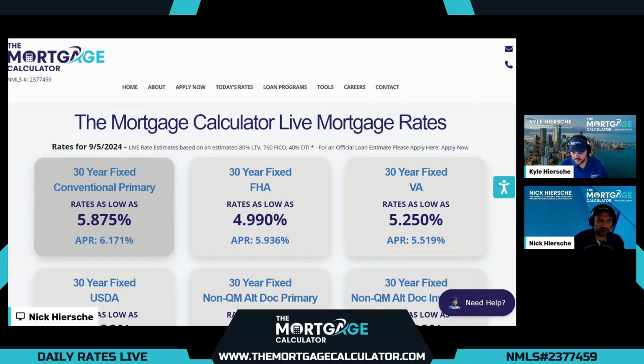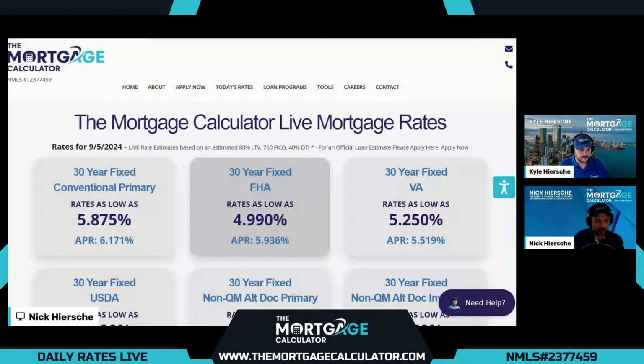If our customer doesn't qualify for conventional for any reason, the next option we typically want to present is an FHA option. FHA allows more leniency on credit issues and a much higher overall debt to income ratio as possible, but does require upfront and yearly mortgage insurance. FHA coming today, amazing 4.99, final APR 5.936. So if our customer qualifies for both, they may consider FHA. It could be a touch cheaper, but it would require that mortgage insurance. And for our customers that need to use it, definitely a great option. And everybody's going to love to see those fours today.